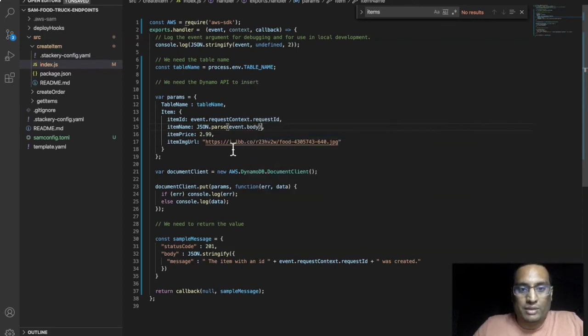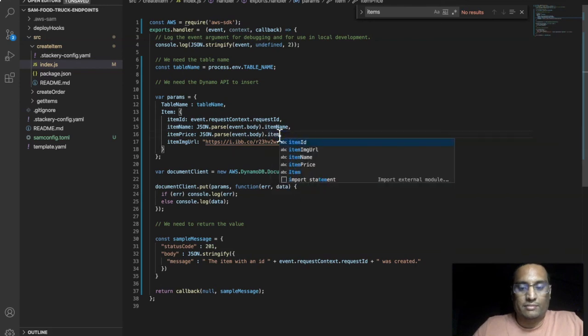and I'm going to be sending item name, and then the same thing can be copied and pasted, and say it's going to be item price, and then we can say this will be something called as item image URL.